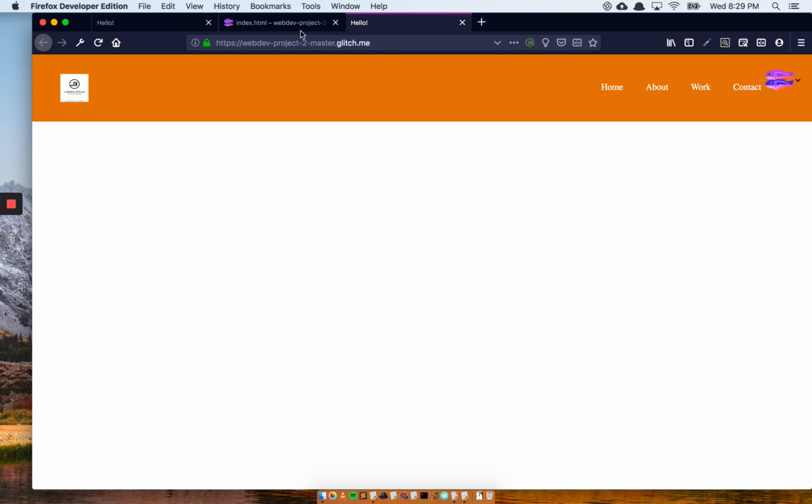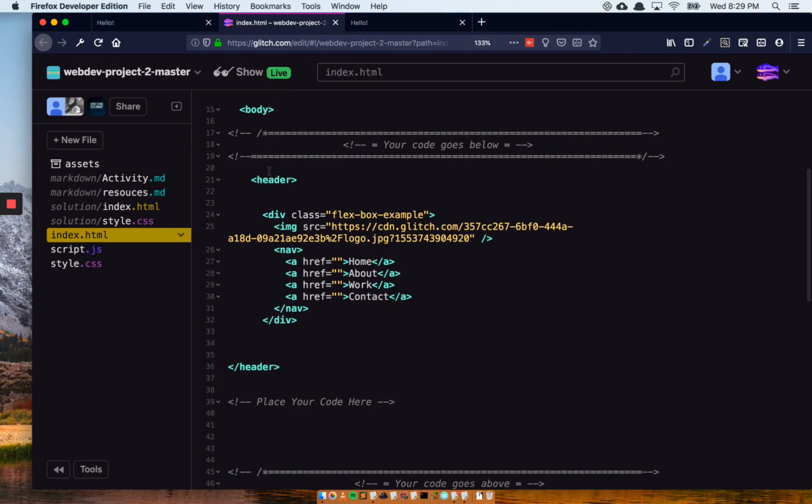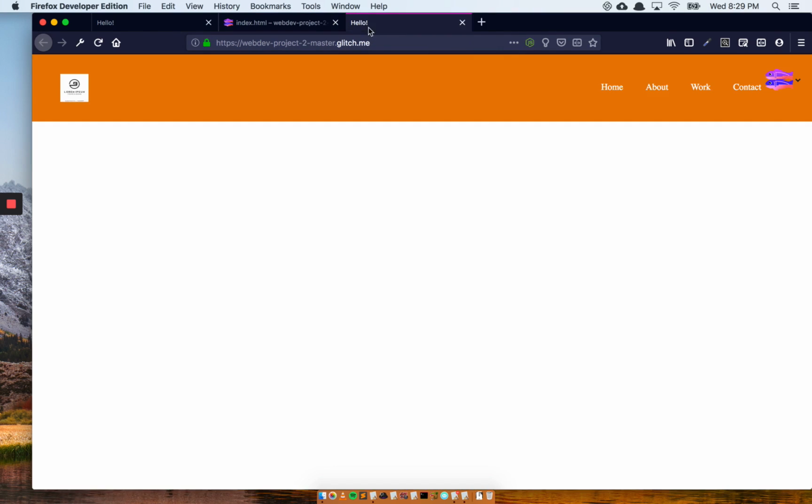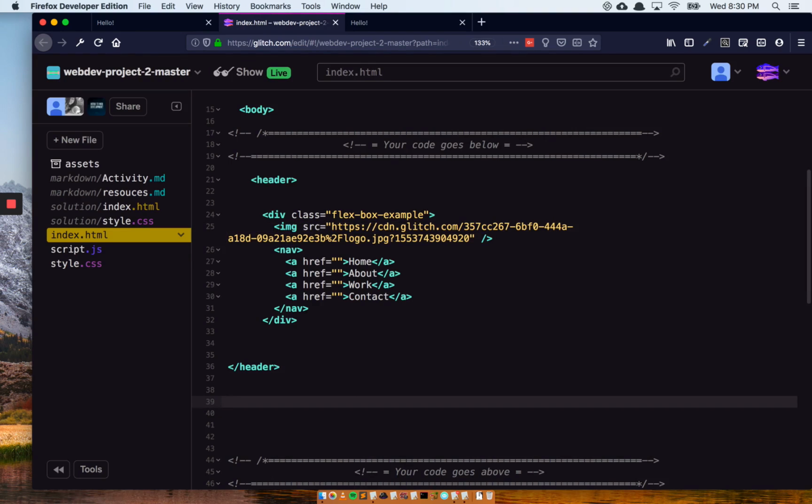So let's get started. We're going to go into our index.html. We'll see that our header is already completed for us from the previous lesson with a div class. And it has our navigation and logo image right here. So we're going to erase this right here. And the very first thing we're going to do is we're going to just put an image there to see how it looks by default. So if we do image src,